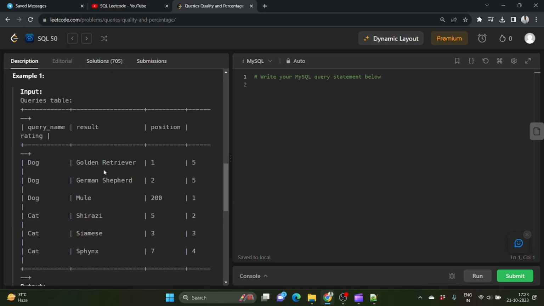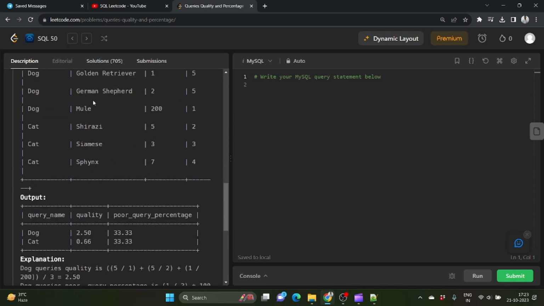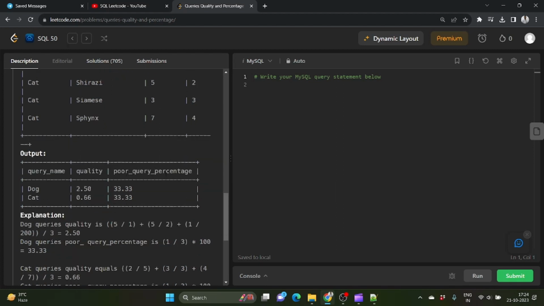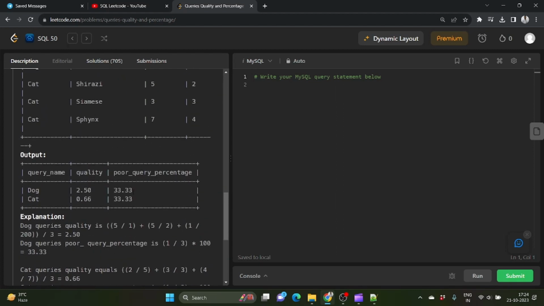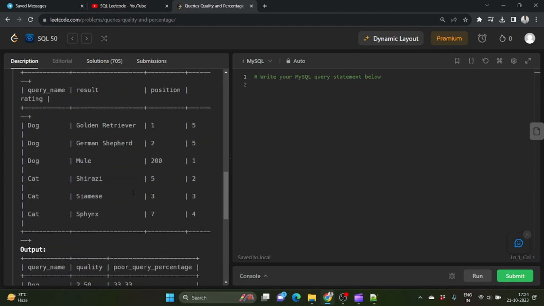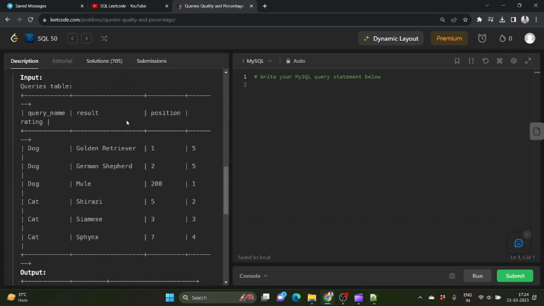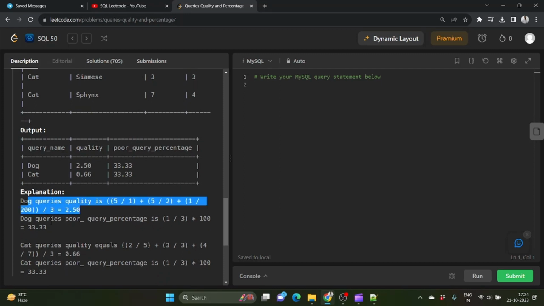We have the query table: query name, result, position, and rating, for dog and cat. We are getting the output as quality is 2.50 and poor query percentage is 33. So how is it calculated? It's 5 divided by 1 plus 5 divided by 2. Quality is calculated as the ratio between the query rating and its position, and then the summation. And to calculate the poor query percentage, it's 1 divided by 3 into 100,